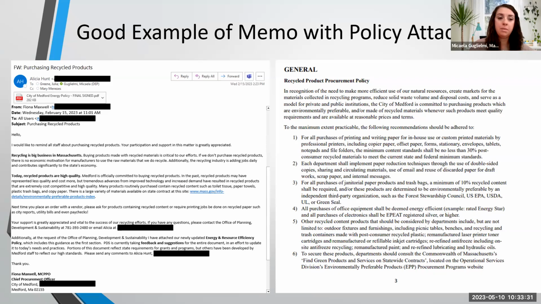All we require in this memo is that content sentence. And then you'll see attached to this email, the city of Medford has their energy policy attached. And then my second screenshot is page 3 from their policy, which a lot of you probably recognize this wording. Again, that first paragraph in the policy is that example wording that we look for. So we can go to the next slide.